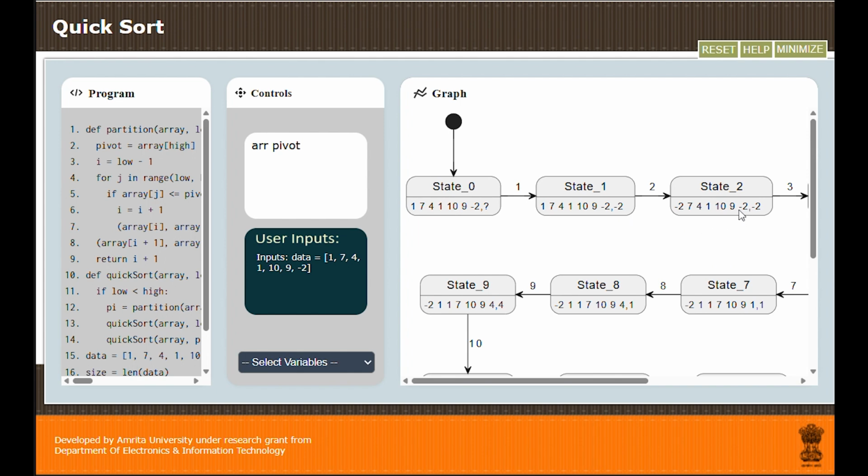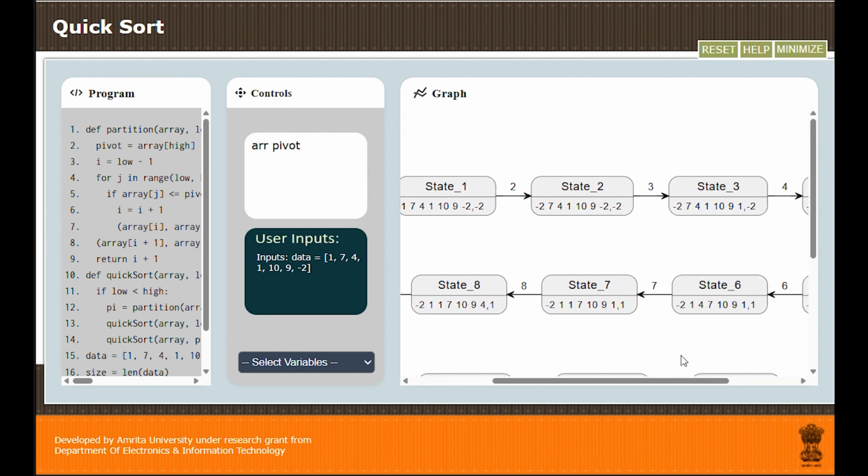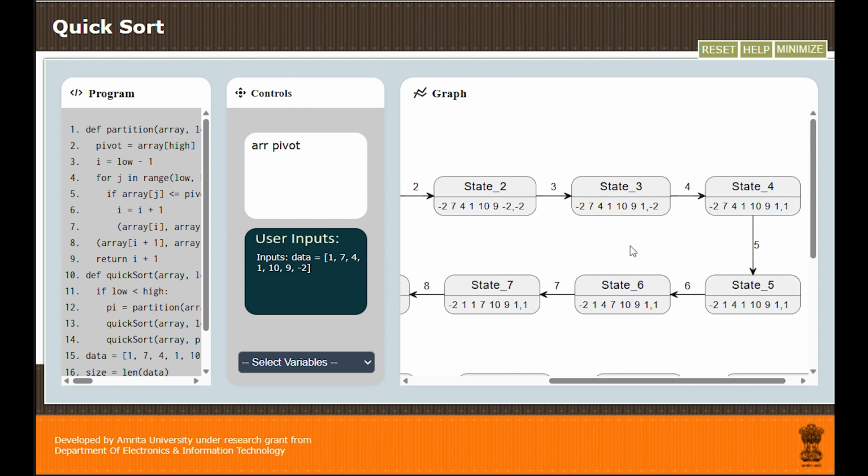I am planning to position it as the first element and swap the first element with this pivot element, so that all the elements after the pivot become greater than the pivot element. So swapping is completed at stage 3, and 1 comes to the place of minus 2 and minus 2 comes to the place of element 1. Now my sublist is 7, 4, 1, 10, 9 and 1, and from this sublist I have to find the